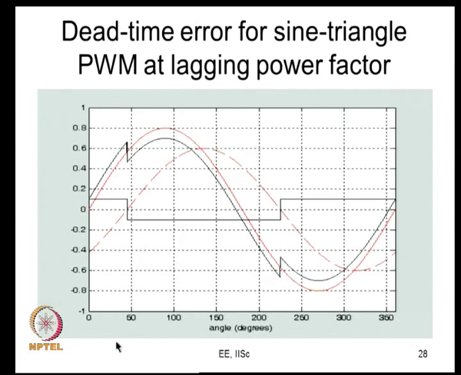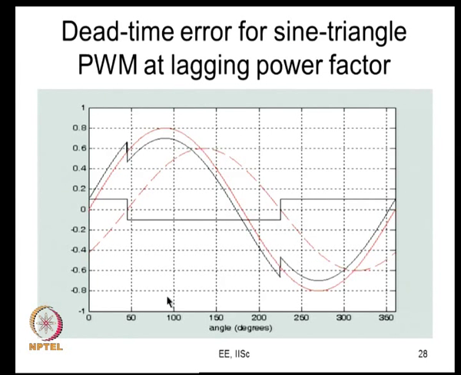So, it also does not depend upon the amplitude of the fundamental current. The fundamental current, instead of 0.63, may be 0.4 or 0.8; it does not really depend on that. It rather depends on the direction of this. This value only depends on VDC, TD and your TS, or your switching frequency. So, that is what it depends on.